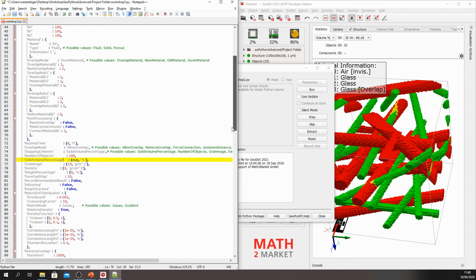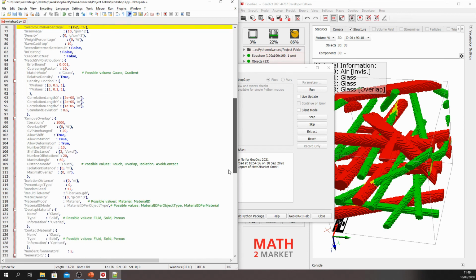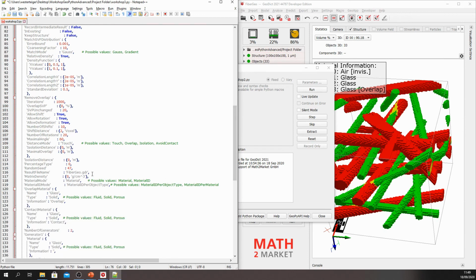So for this purpose, we go to the result file name entry here in a FiberGeo block. And you can see here that there is a fixed name of FiberGeo.gdr. We change this by putting an F in front of the first quote, which means format.